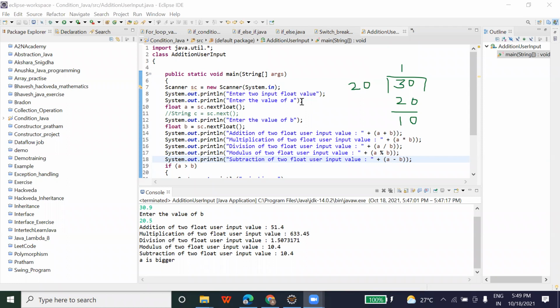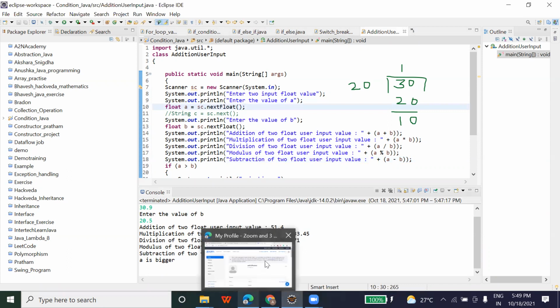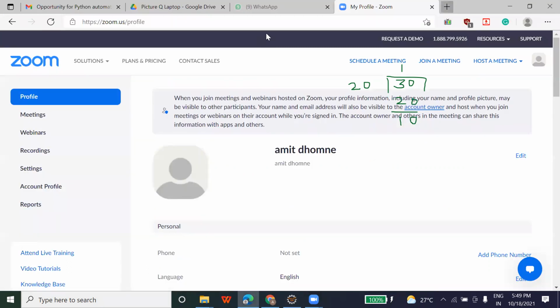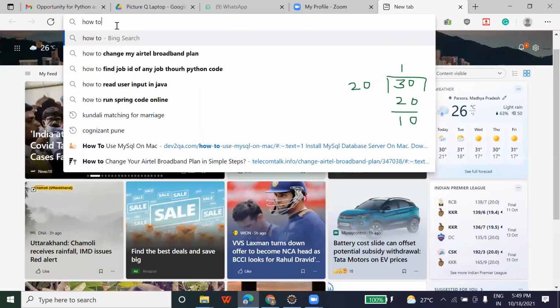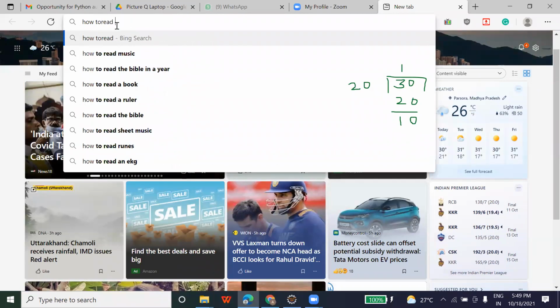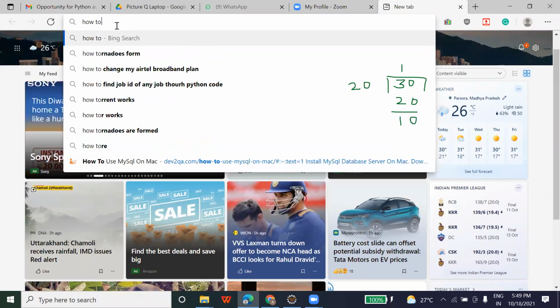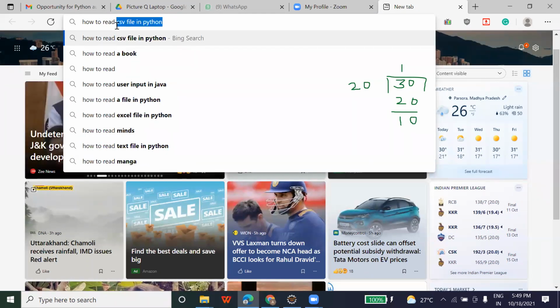Okay. Anyone who has a doubt on this function, next float, what you can do is go to the Google tab and search here, how to read input in Java. So you will get several functions.